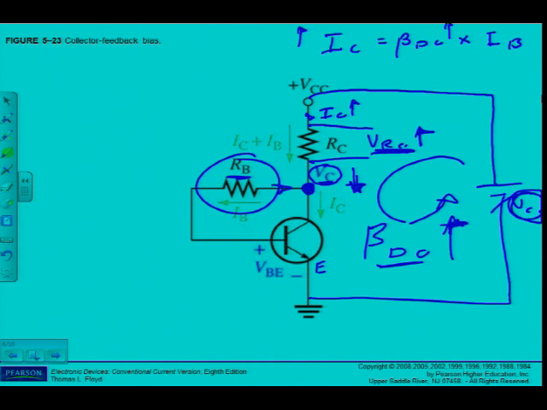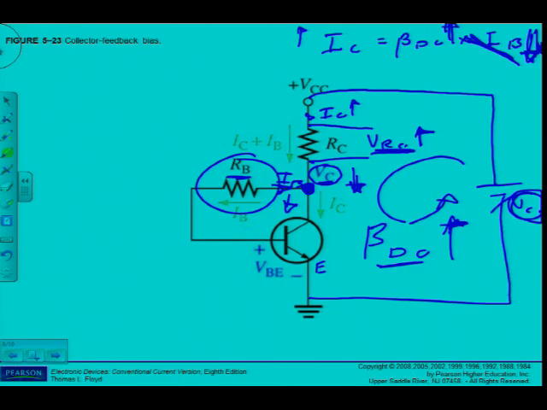In other words, IB must decrease. And can you see what happens here in my formula? Beta DC increased. And now because of the collector feedback, IB is trying to work against that increase. Okay, that's the collector feedback biasing. And of course the opposite happens if beta DC